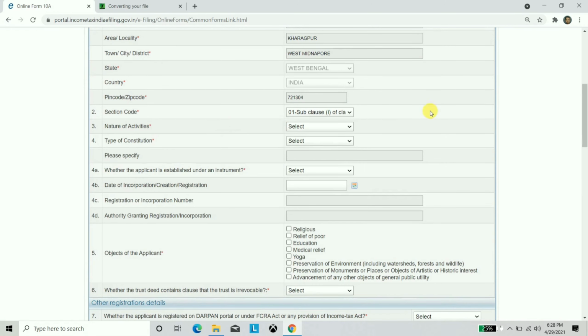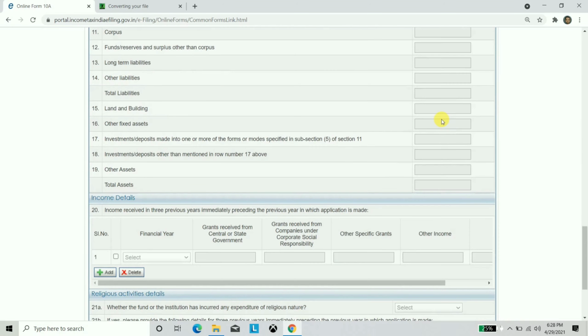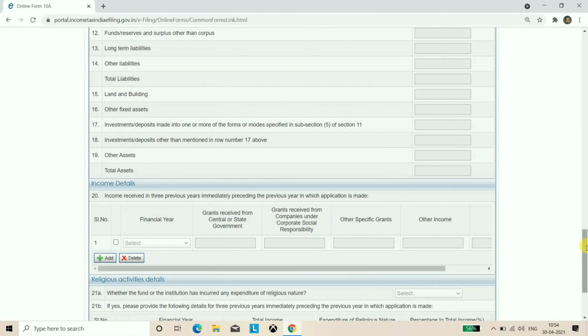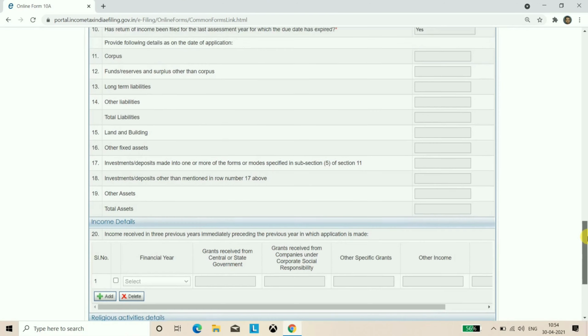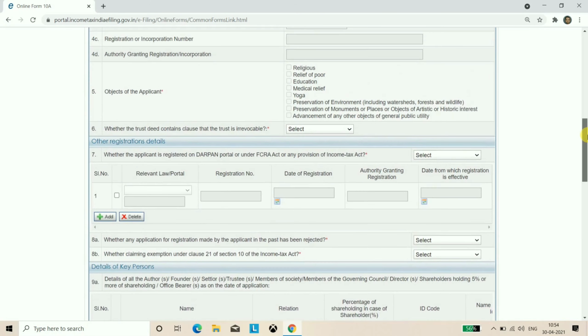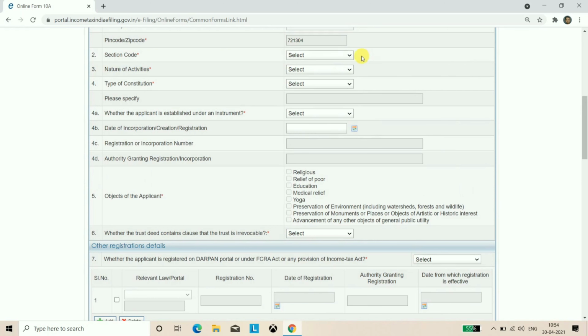It shall not become active in case of registrations under section 12A or 10(23C), whether it is a renewal registration or a fresh registration.